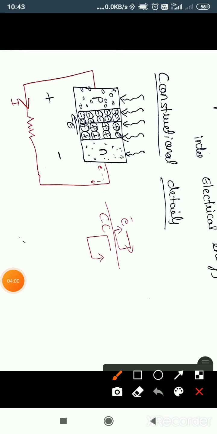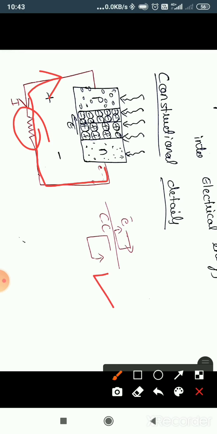Because of the higher concentration of electrons, if we connect an external load to the p and n junction, the electrons will start to flow through this external load and go back to the p region. So now the electron movement is in this way. The hole movement will be exactly opposite to the electron movement. We know conventional current and electron current are exactly opposite to each other. But in a textbook, wherever they mention the direction of a current, that is the conventional current, not the electron current. If this is the electron current, then the conventional current will flow in this way.